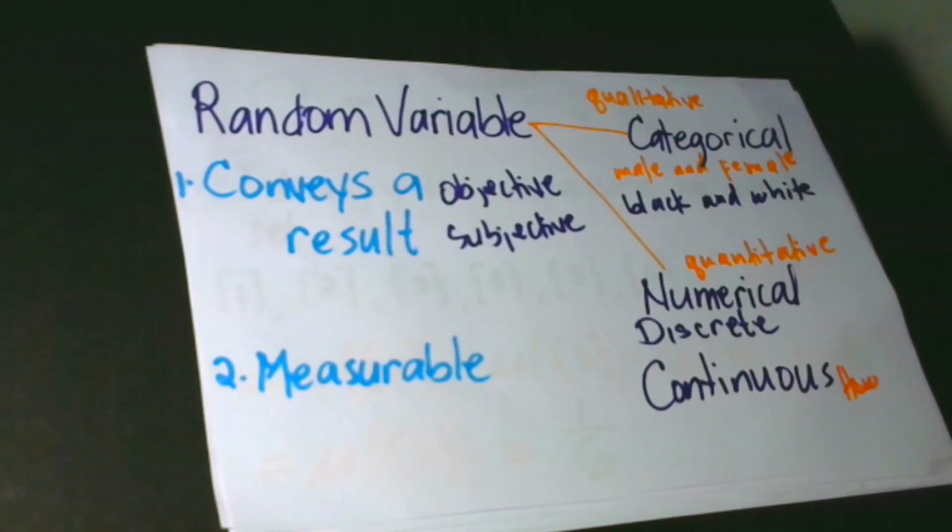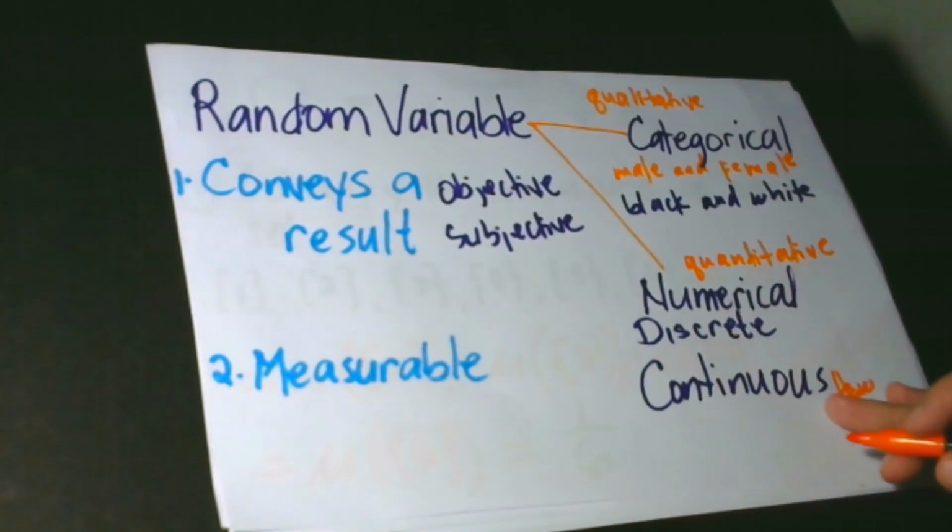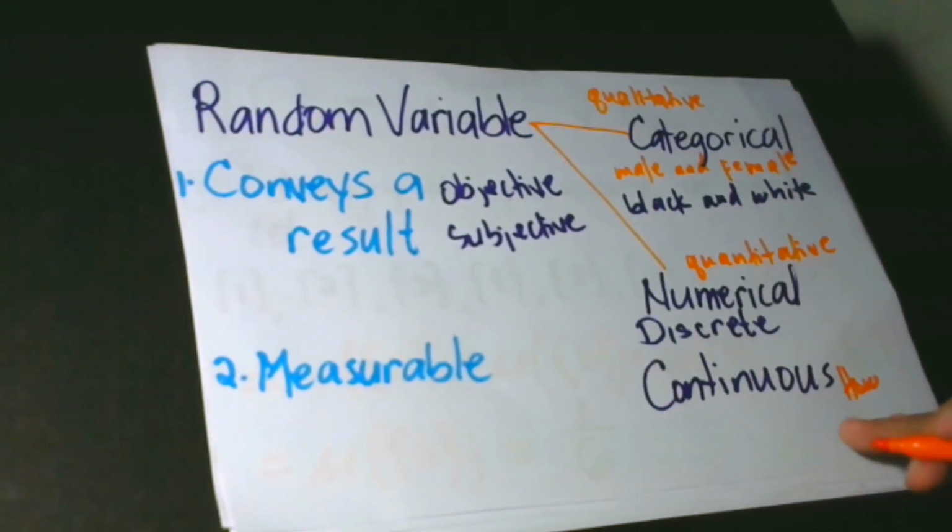As you can see, in continuous, there is a finite or infinite interval. This interval can only be measured using a measuring tool. For example, in the case of height, we use a stadiometer or a tape measure will do. I'm so sure you have experienced that when you go to a clinic or hospital, usually the doctor, or even the nurse, would get your height or even your weight.